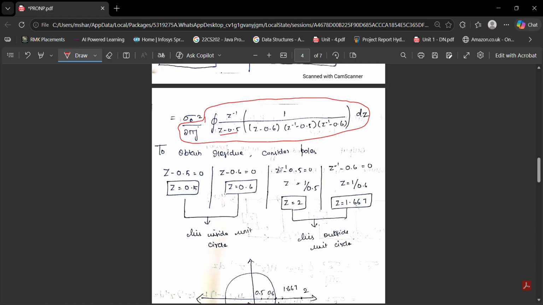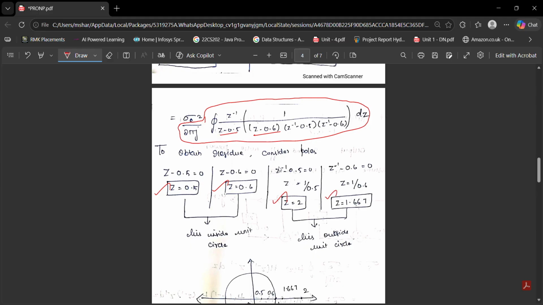So z minus 0.5 is equal to 0, so z is equal to 0.5. This is one pole. Z minus 0.6 equal to 0, z is equal to 0.6 is one more pole. Z inverse minus 0.5 is equal to 0, z value will be 1 by 0.5, that is z is equal to 2. This is one more pole. And if you equate z inverse minus 0.6 equal to 0,